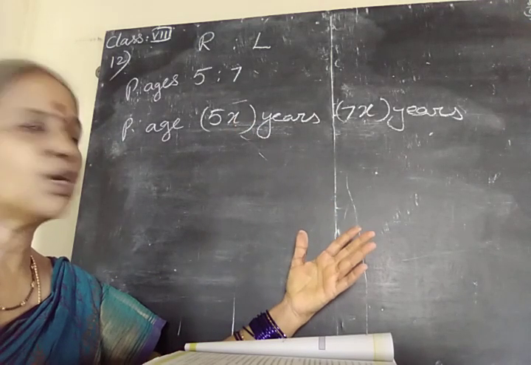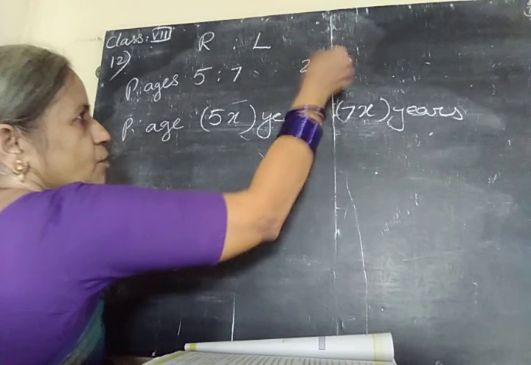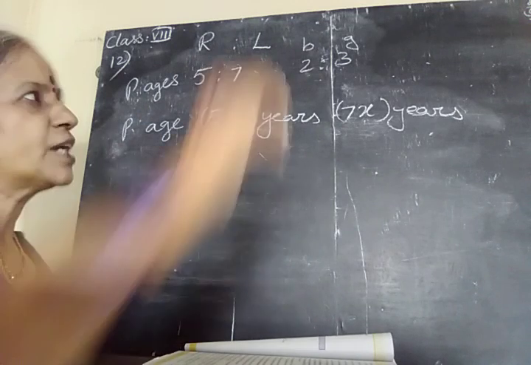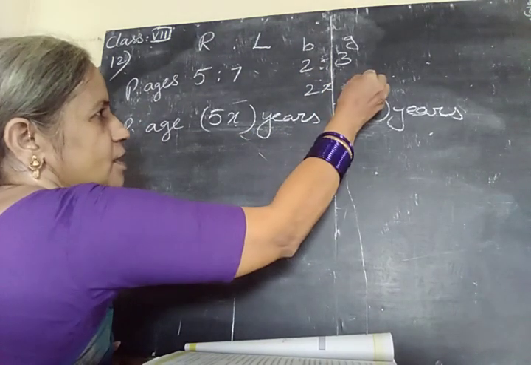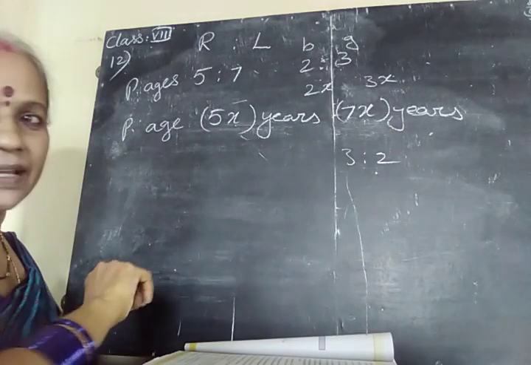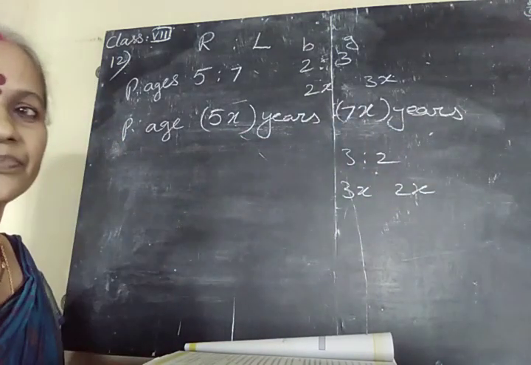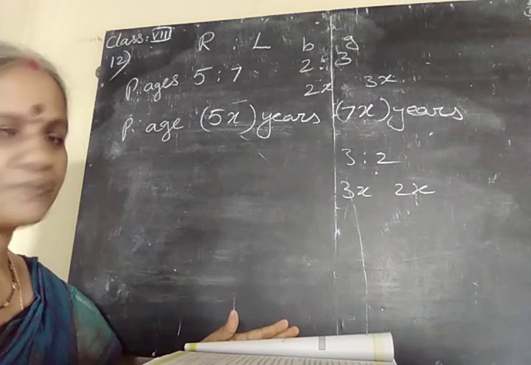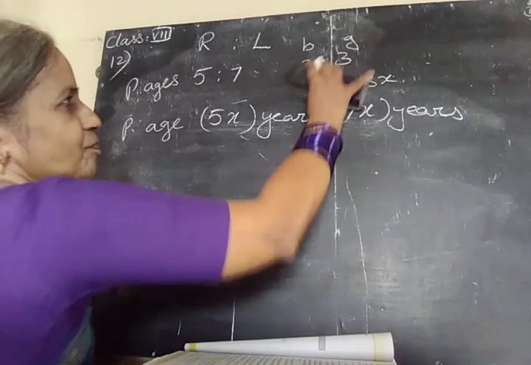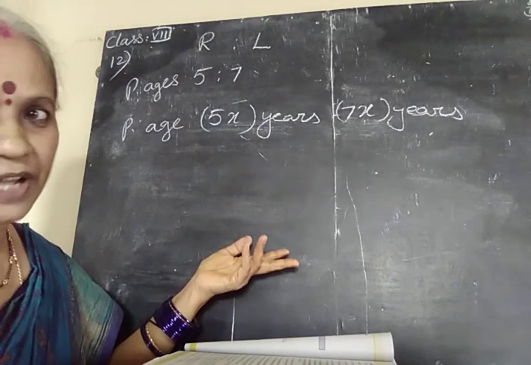Suppose the ratio of boys to girls in our class is 2:3. Immediately we take the number of boys as 2x and girls as 3x. Or if length and breadth are in the ratio 3:2 in a rectangle, we take length as 3x and breadth as 2x. From 6th class you are doing like this. What is x here? Why are you taking 7x and 5x like that?